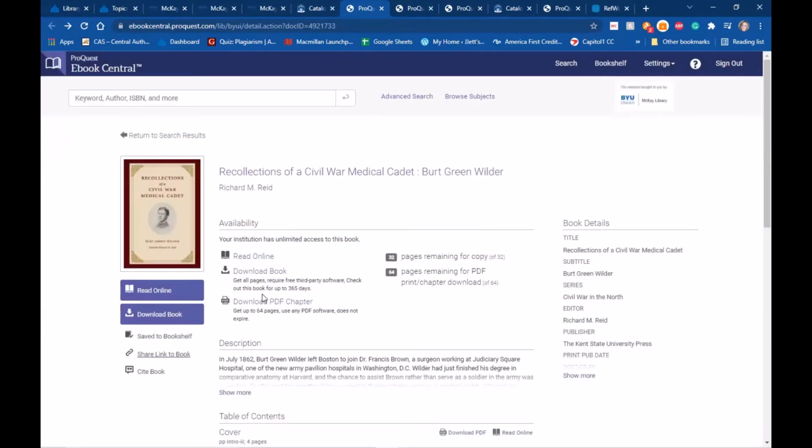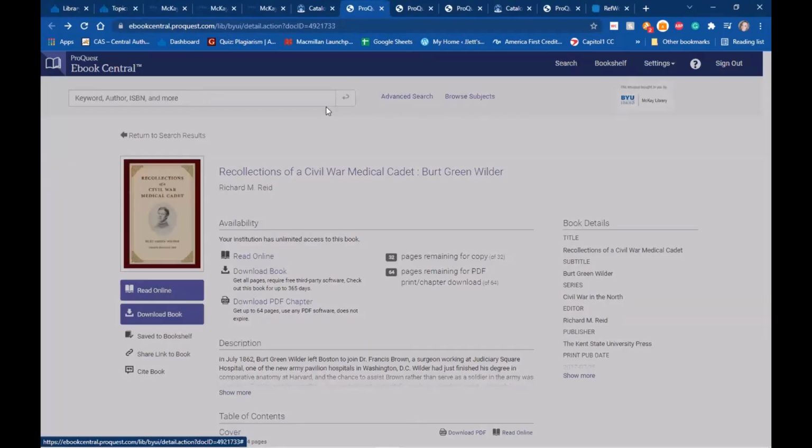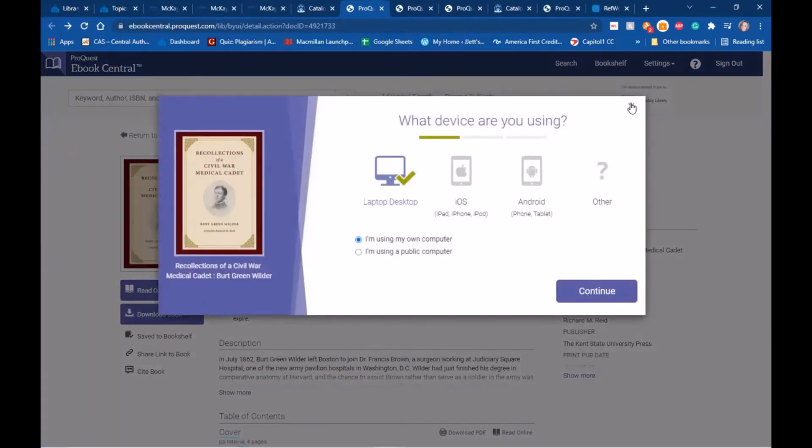It becomes more checked out, quote unquote, when you download the book or a PDF chapter. That's where you actually physically are holding onto the book and you won't be denied access to it later. So I definitely recommend downloading the book. I am not going to be doing that at this time just because I don't need to keep this book